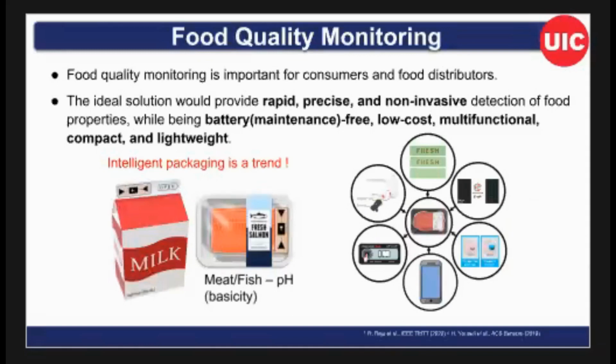We know many developing countries are suffering from food crisis, and in developed countries we waste lots of food. So it's important to monitor the quality and condition of packaged food before we dispose of it, when it is still safe. But when you open the package, you can overuse the food. Of course, you need to open it and use a probe to understand its condition. So here we propose a wireless solution to monitor the quality of packaged food.